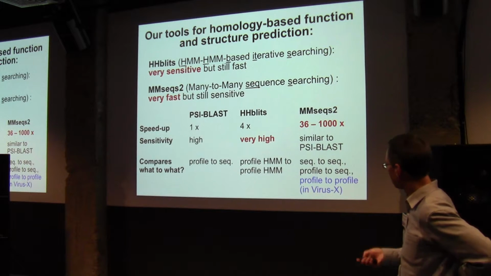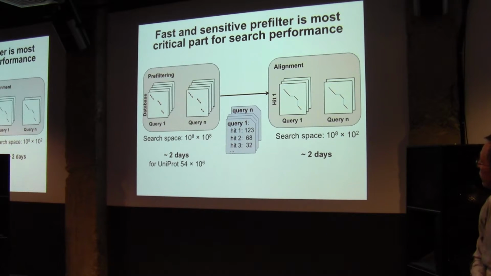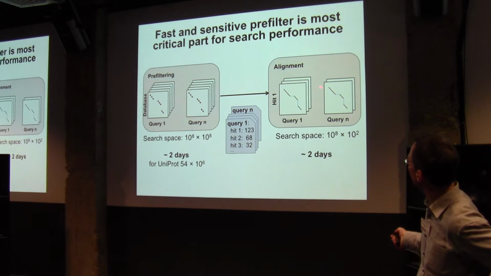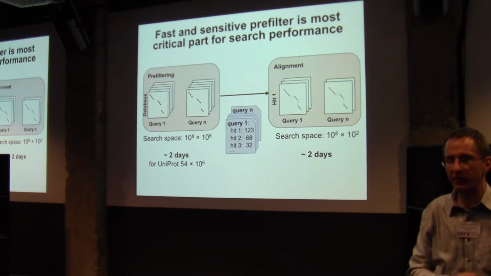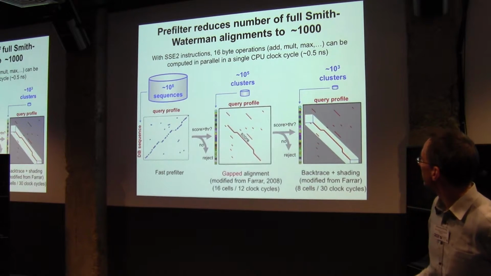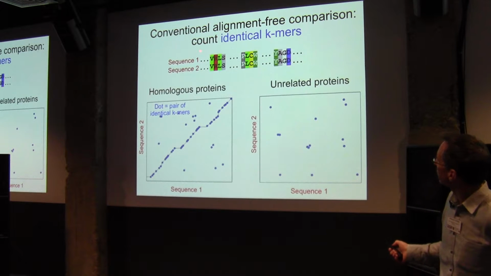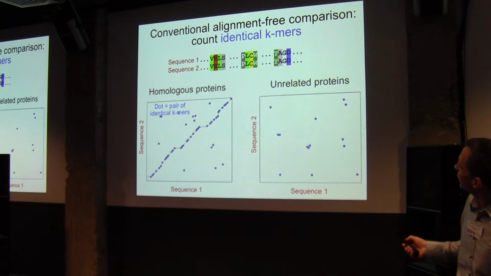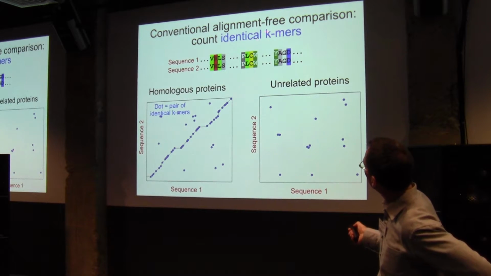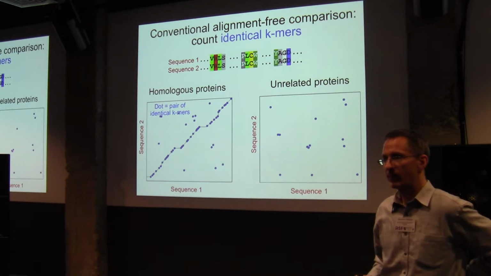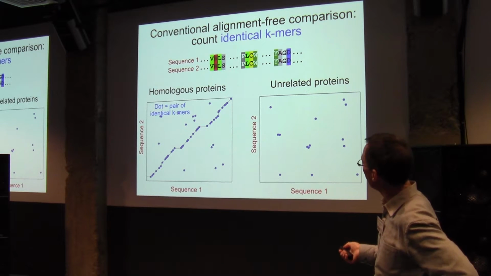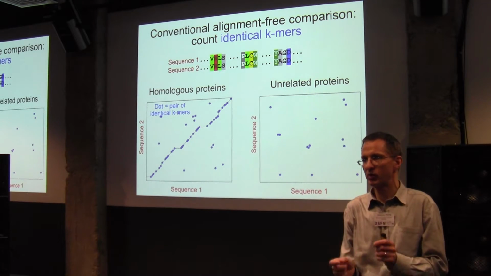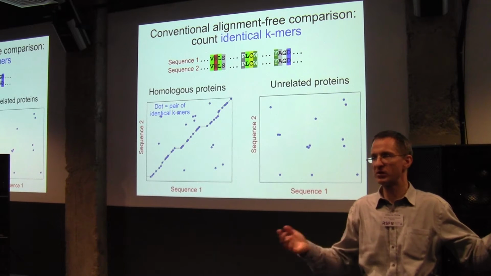So how does this work? Well, you need a very fast pre-filter, and you need an alignment algorithm, and this is the key. How to do this pre-filtering, both very fast and very sensitive. And the main idea, or one of the main ideas is, well, most of these algorithms work with k-mers. The problem is, if you make the k-mers long, that's good because you make them more specific, and you have to count fewer random hits.